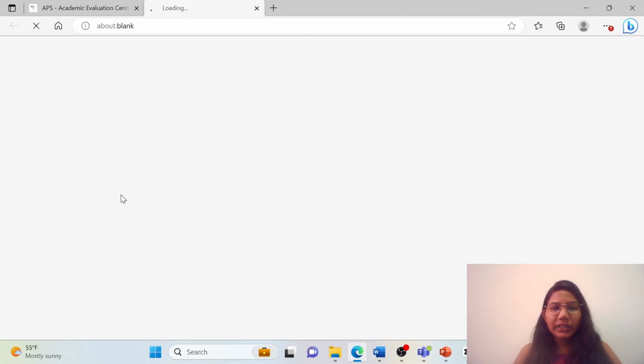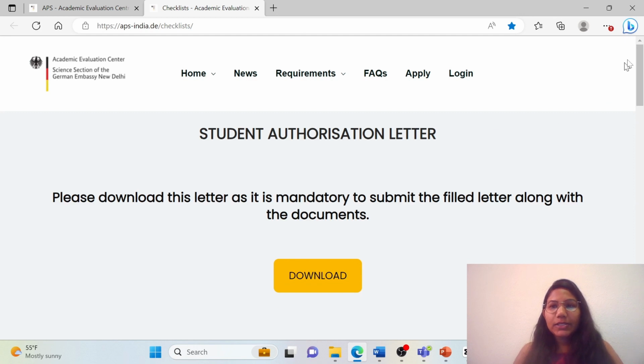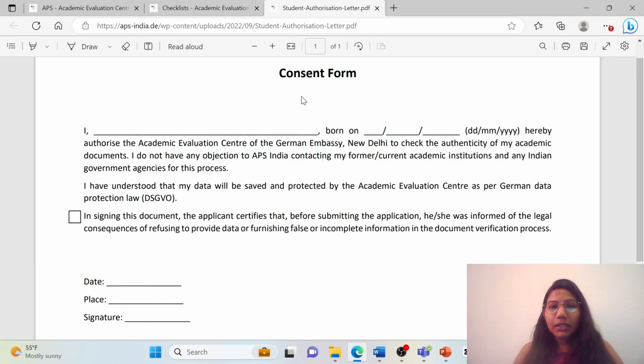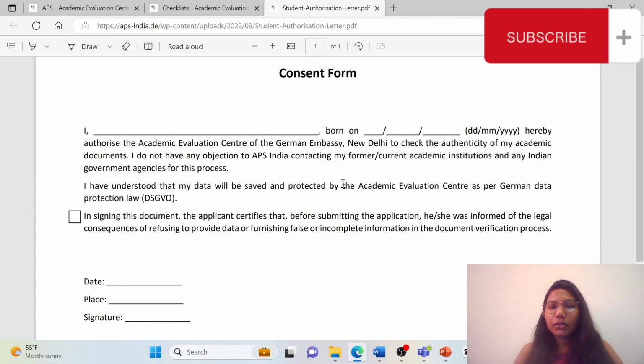So click on the checklist. Once you click on the checklist, you will be going to this checklist page. You see here, this is the student authorization letter, and this is the mandatory document, guys. You have to download this, and see, this is the consent form. You have to take a printout of this, fill all the information here, and do the signature also, and then include this document along with the other documents that you are